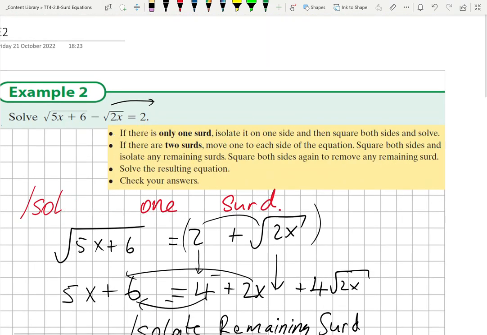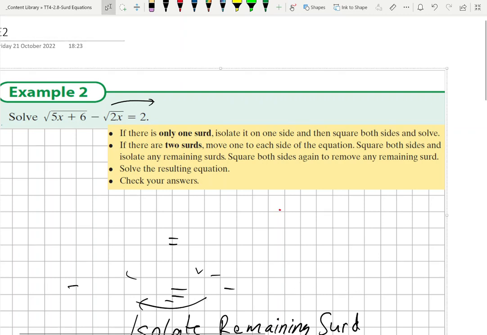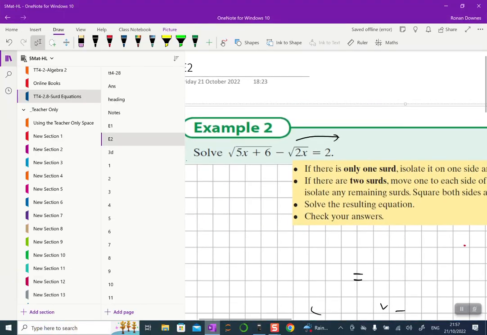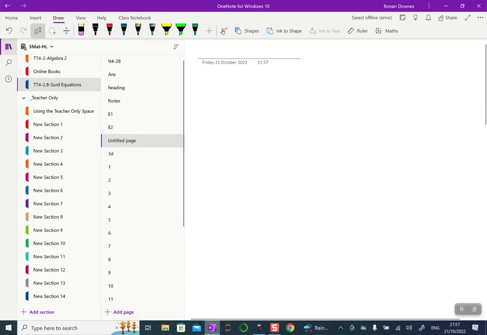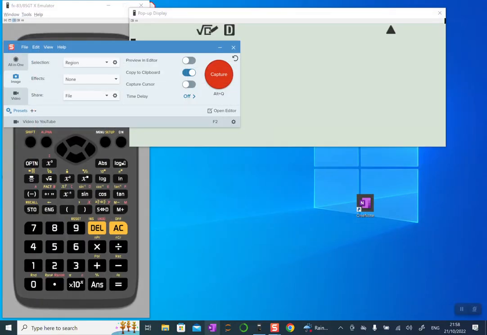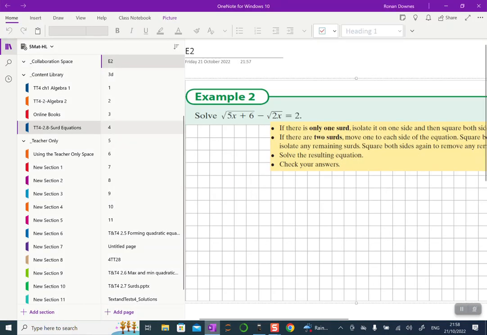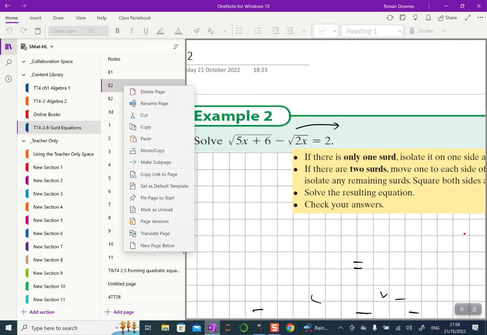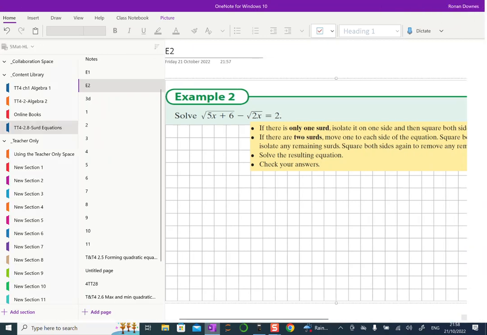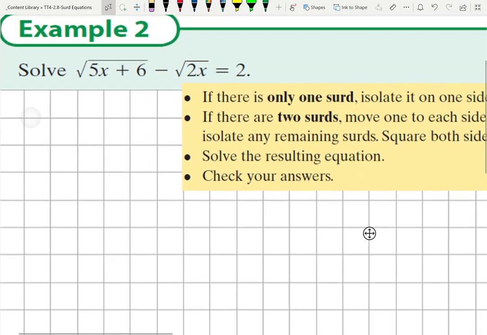Sorry about this, we done it earlier. Apologies about that. Okay, so this is where we have two radicands,